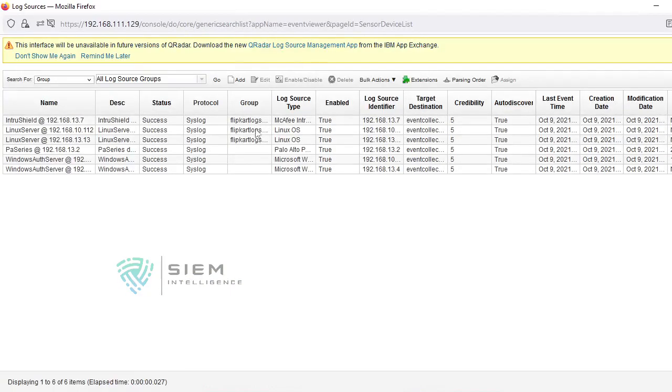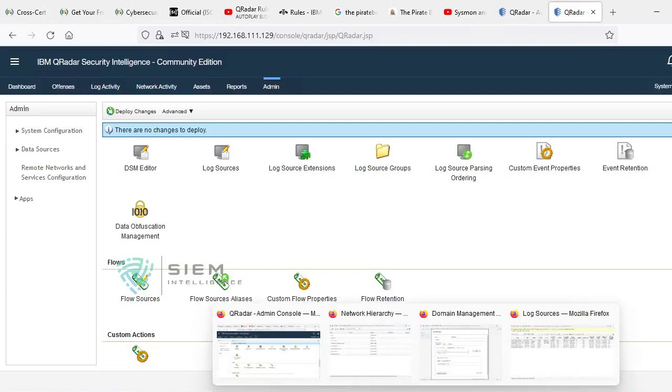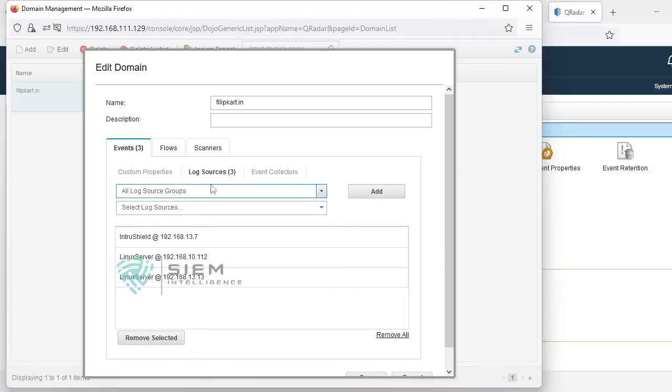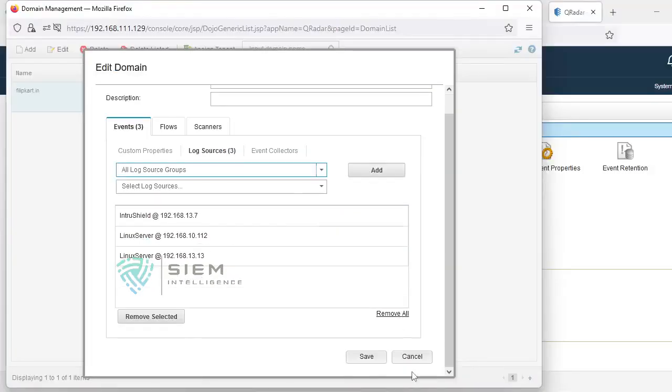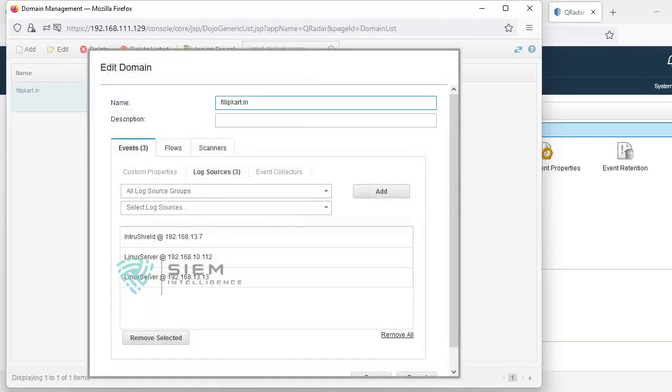See, all three are now there. So instead of selecting one by one over here, just close this, then only will you get the option. Edit. In the group, you can also select directly now.